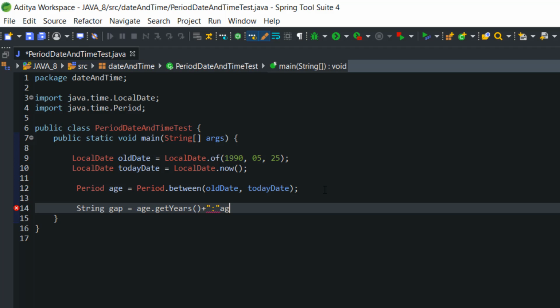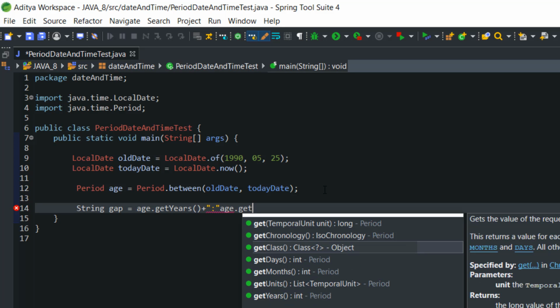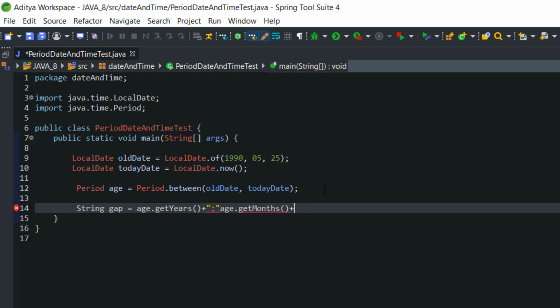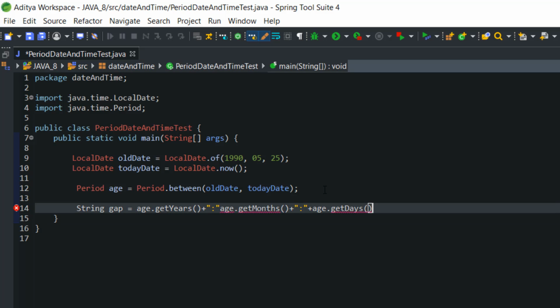Again I'm going to call another method, age.getMonths, and the gap between by days. Now let's execute the code and see what the output is.